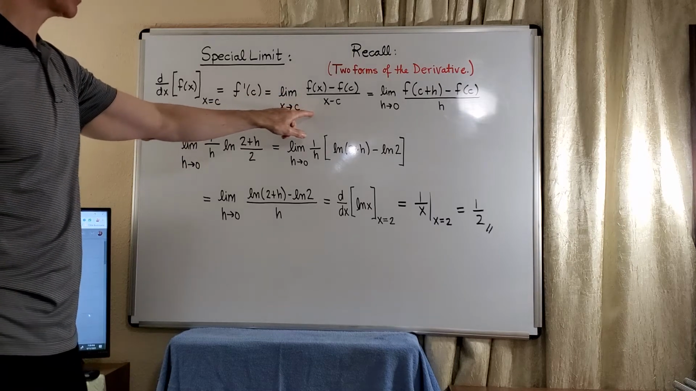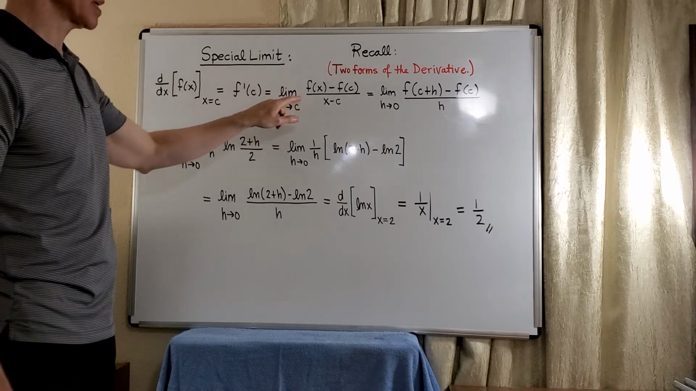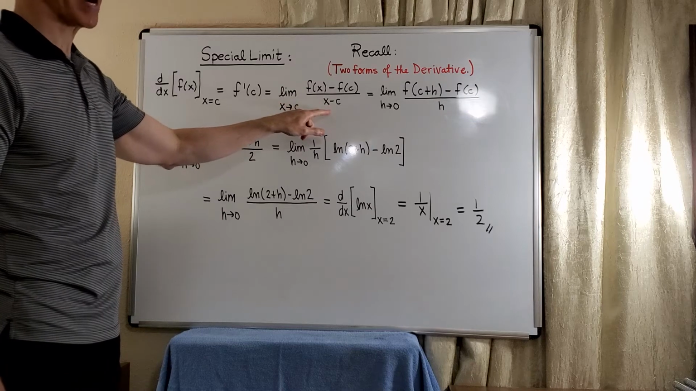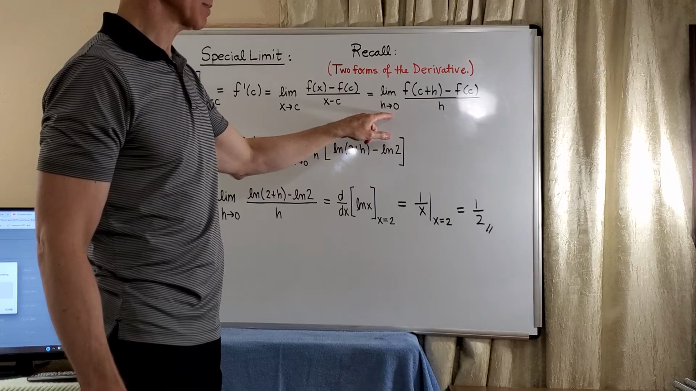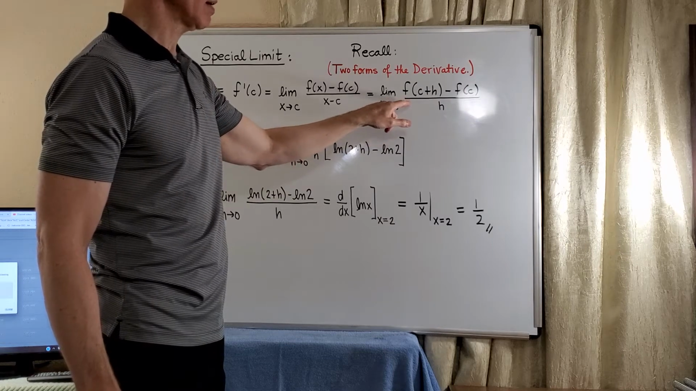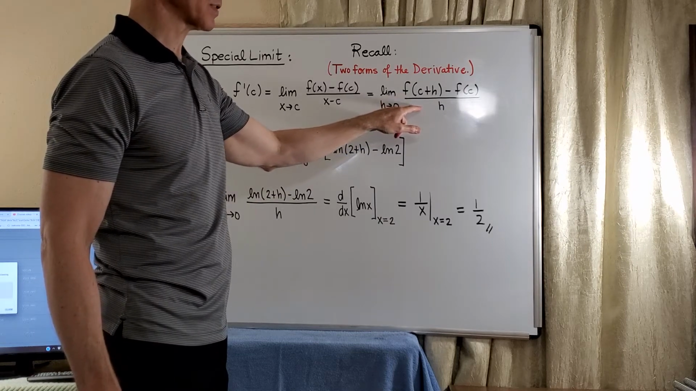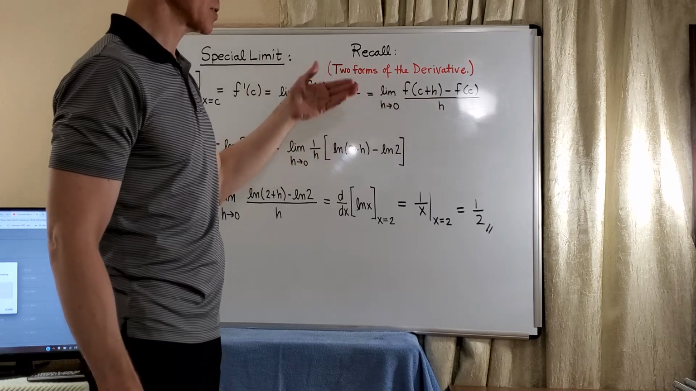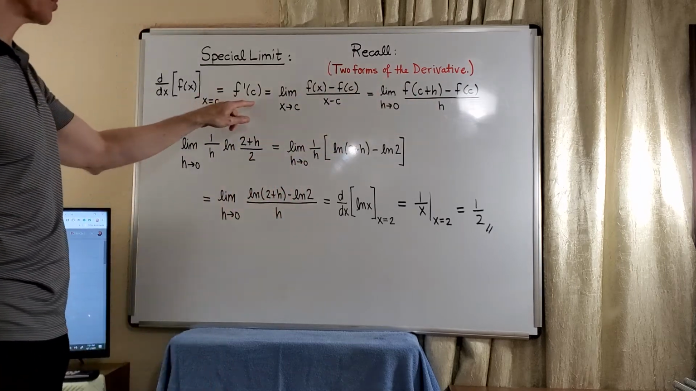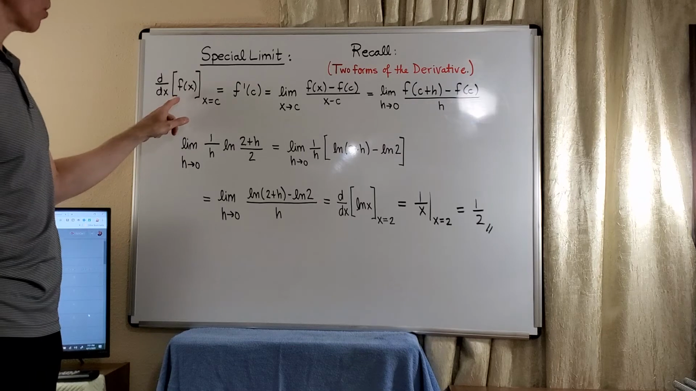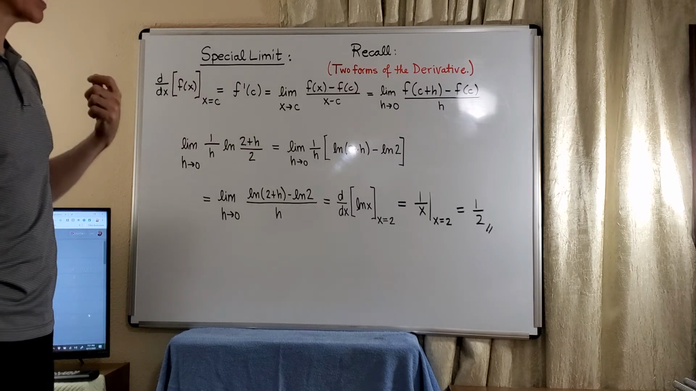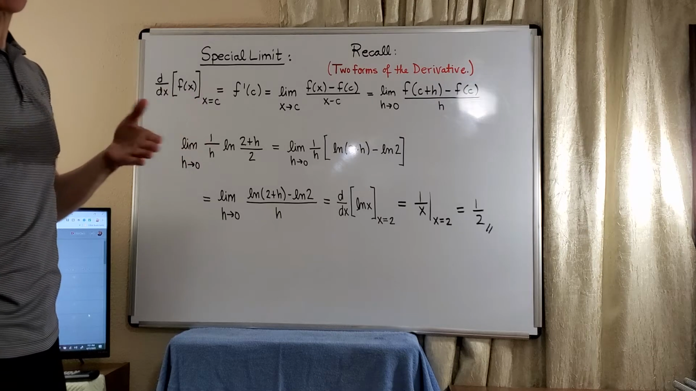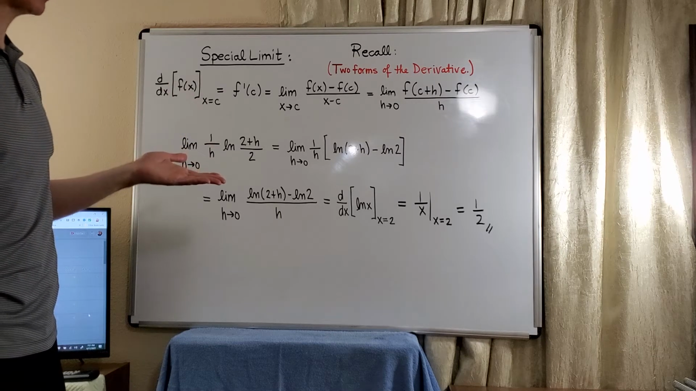use this form. That is, the limit as x approaches c of f of x minus f of c divided by x minus c, or this difference quotient form, the limit as h approaches 0 of f of c plus h minus f of c divided by h. These are equivalent, and so we can use this form, which is very popular, or we can use a more elaborate form here. So what I wanted to do, and in a previous problem we actually used this